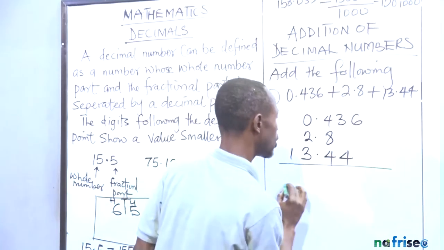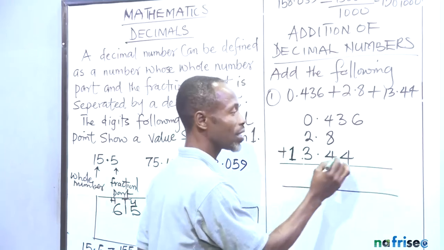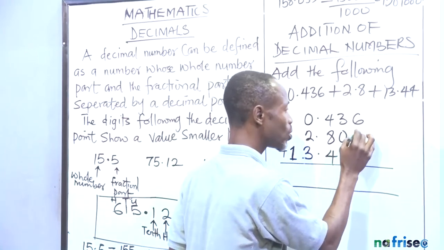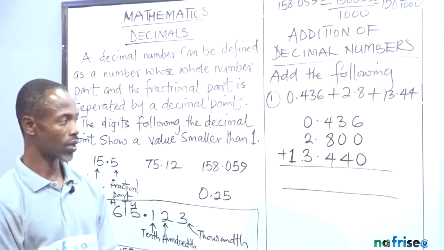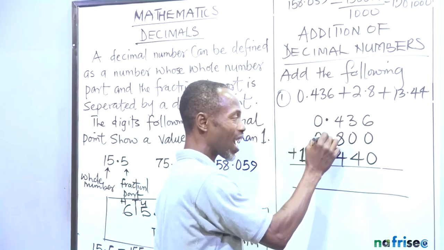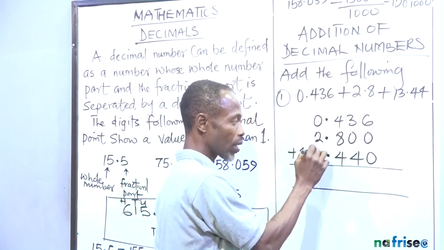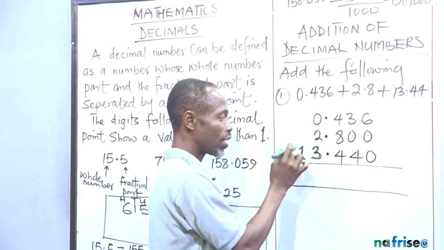So you can now do your addition like this. Yes, I know what I'm saying. Now, you may feel like completing this with 0, 0, and making this a 0. Fine. But the main point is this. This decimal point must be aligned on the same part while respecting the unit, the particular place values of all